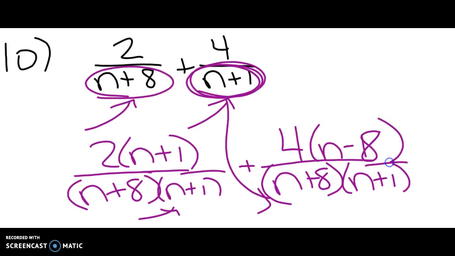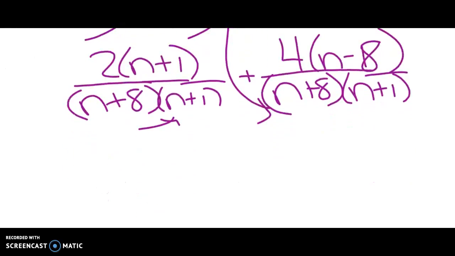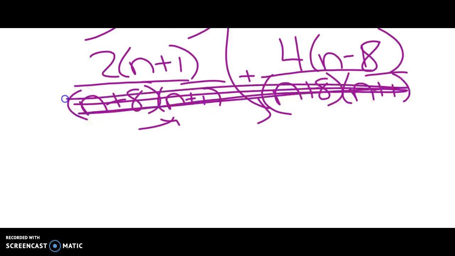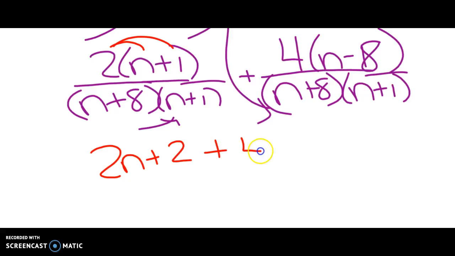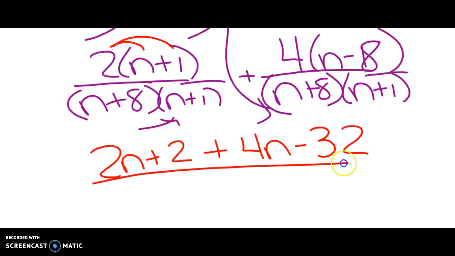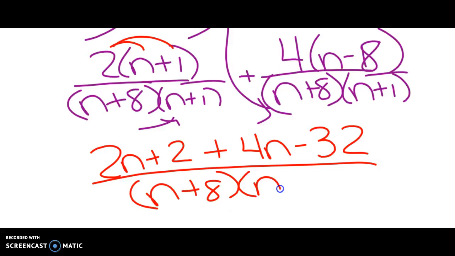I'm running out of time, so I'm going faster. Okay? Drop your denominators. They're the same. Oh, wait. No, that was addition. Sorry, we don't do that. All right, so now we're just going to combine our like terms. 2 times n plus 1 is 2n plus 2. I'm almost out of time. I might not finish this. This is 4n minus 32 all over n plus 8 times n plus 1. And you should end up with